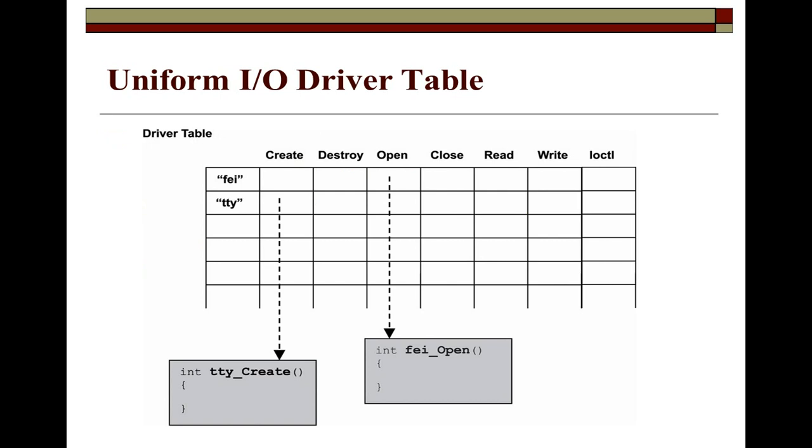Here you can see for the programming, that is the assembly language programming, this type of structure can be written. First int create, int open, int read, int write, close, locate, destroy, and then uniform to the input output device driver. Then you can see mapping of the driver functions. As we have seen, for the driver functions this particular API is written: input output driver create, open, read, write, close, input output control and destroy.